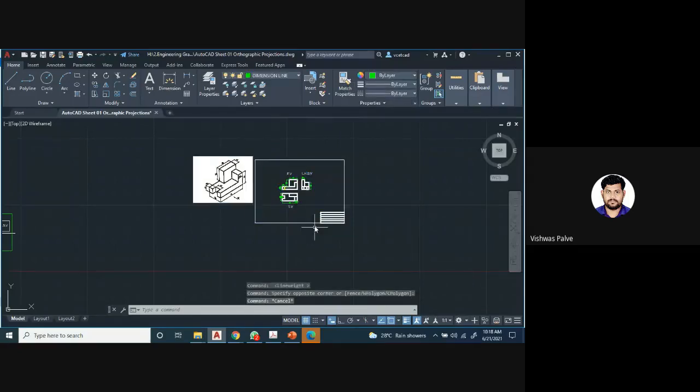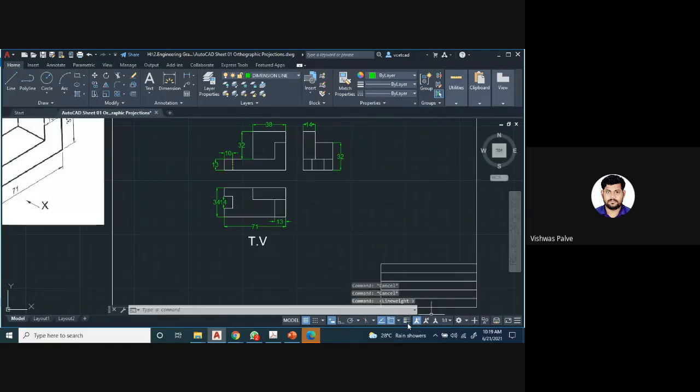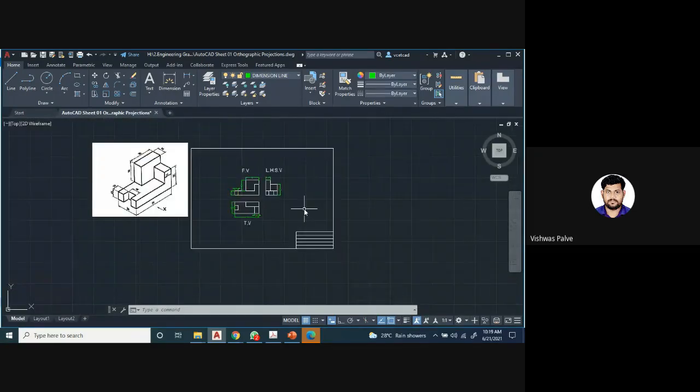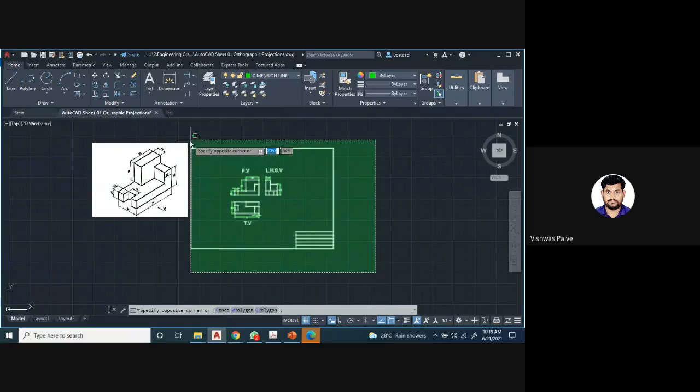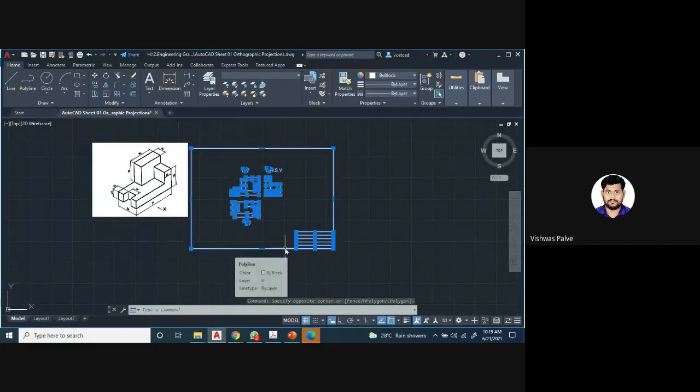Whichever layer we have selected, the line is visible accordingly. You can keep this off and then all lines will be seen as normal lines. Better, select the whole drawing, set it by block, and then take a printout. Everything will be neat and clean.